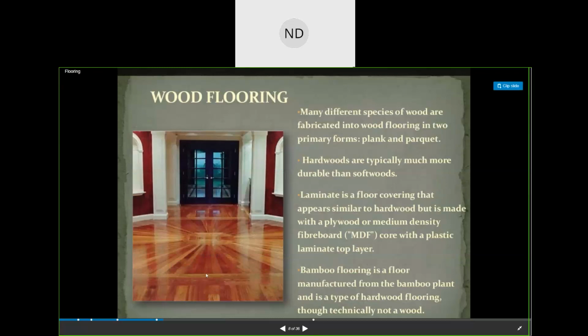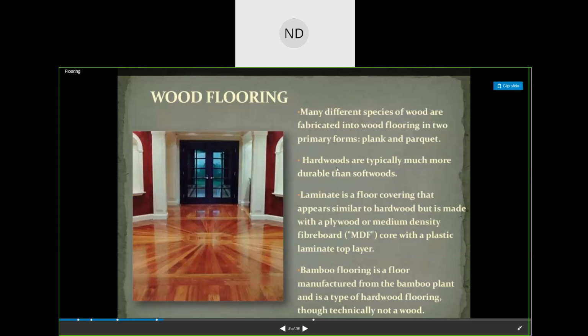Then we have the wood flooring. These are your wood flooring. Wood flooring is done here, and then this is polished and given a finishing cover. Okay, so we have many different species of wood fabricated into wood flooring in two primary forms, plank and